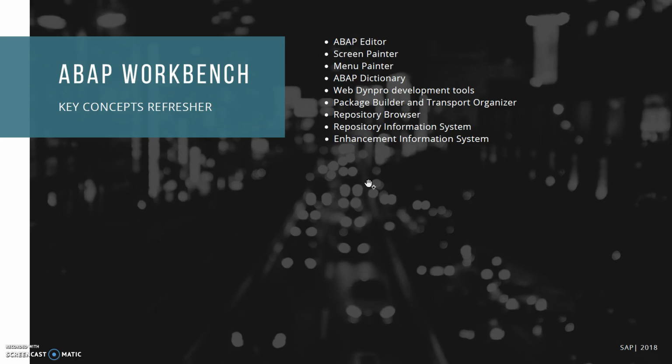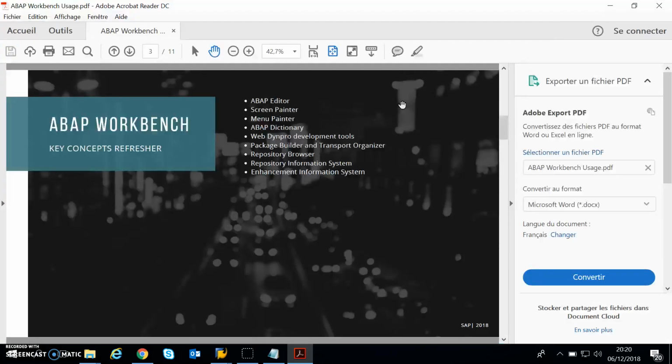Okay, so let's start with the ABAP workbench, and let's have a look at the key concepts. The first thing you see here is the ABAP editor. The ABAP editor is exactly the text area where you actually write the code. So let's get right into it and have my SAP login screen open up so that you can actually have